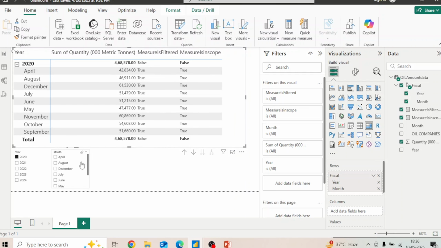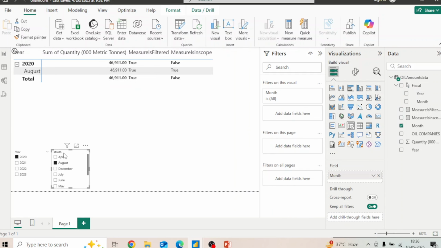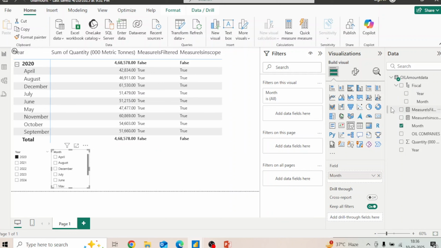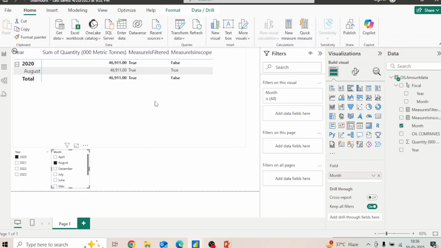So everything is fine. Okay, let's say that I go ahead and select one of the months here, right? You see what will happen. The measure IsFiltered for the year 2020 is giving me a true value, but the measure IsInScope is giving me a false value here. So in this case the measure IsFiltered is not giving me the correct result. But the measure IsInScope is actually giving me the correct result,